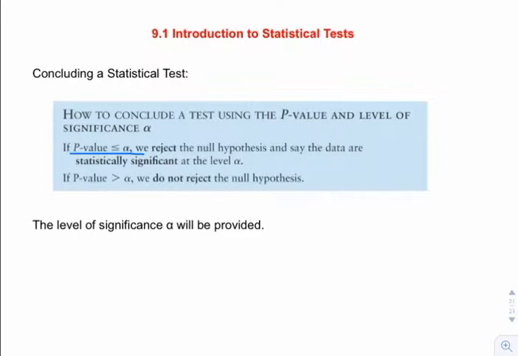That means the chance of getting that probability, that p-value, was so small by just getting it randomly, right? You took a sample of size n, you got x bar. The chance of getting